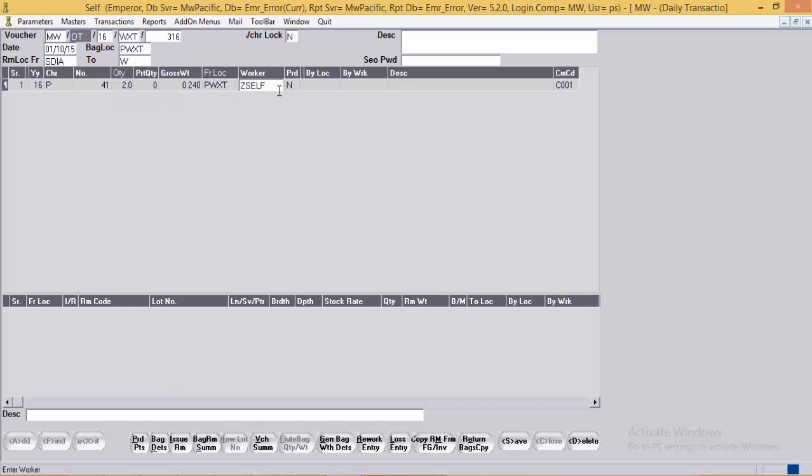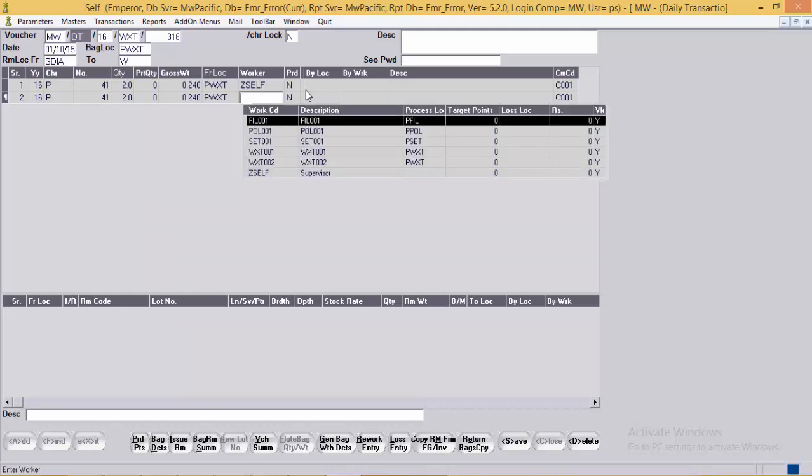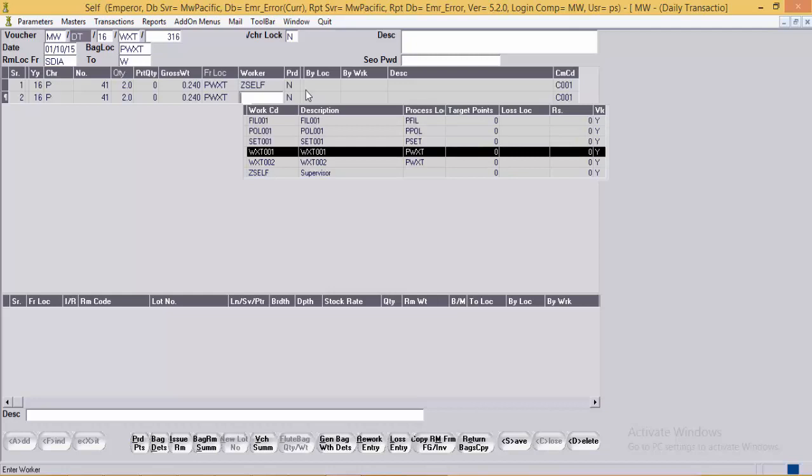The bag is now with the supervisor. Now the bag will be assigned to a specific worker by the supervisor. For example, we take this worker as WXT001.